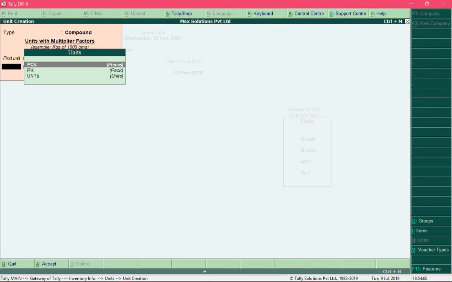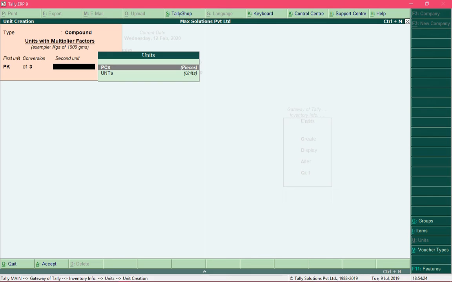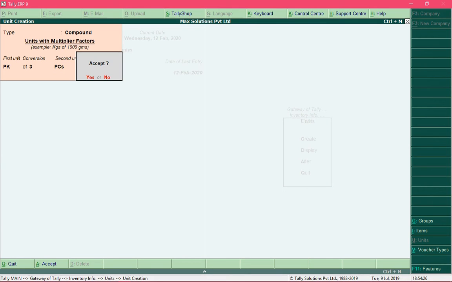For the first unit, select the unit as pack and press enter. And for the field Conversion, select the number of units from which the pack would be made. I'll be using 3 pieces of ink cartridges to form one pack, so you can read it as pack of 3 pieces, and accept the unit creation.